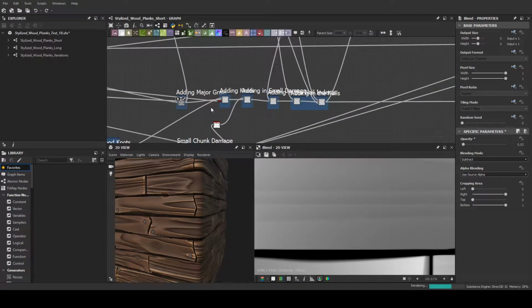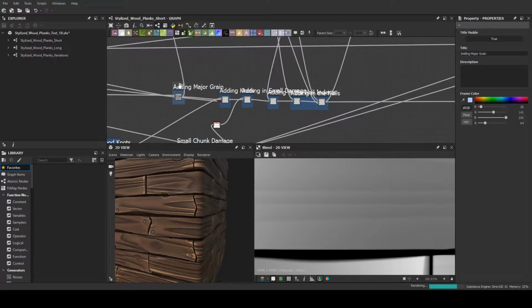That is one important thing. If you want to use it in Unreal, Unreal does have a great plugin for Substance Painter or Substance Designer. But if you have a huge graph and you make a change, you expose a parameter on